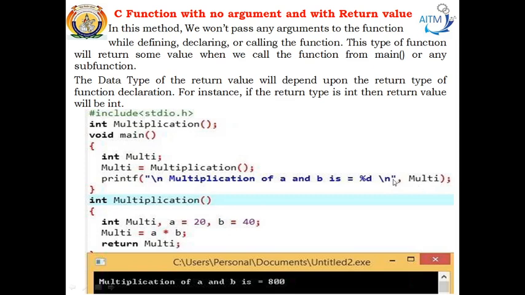So this is how a function with no arguments and with return value works.